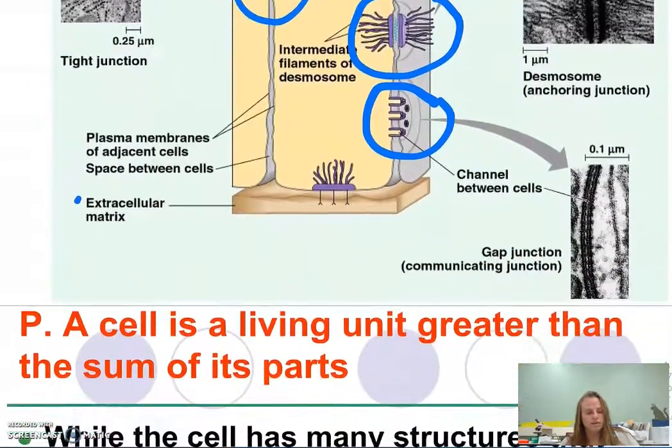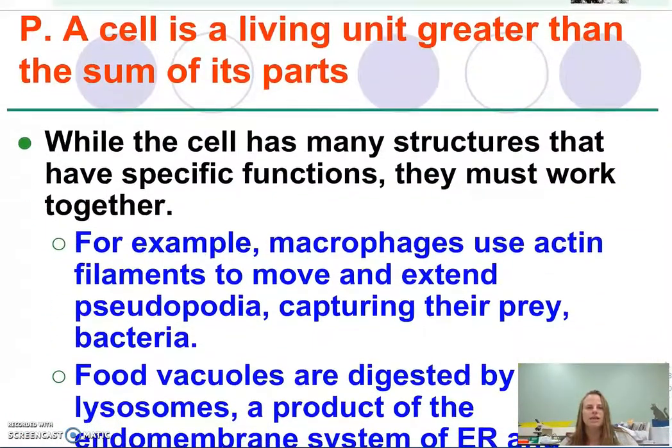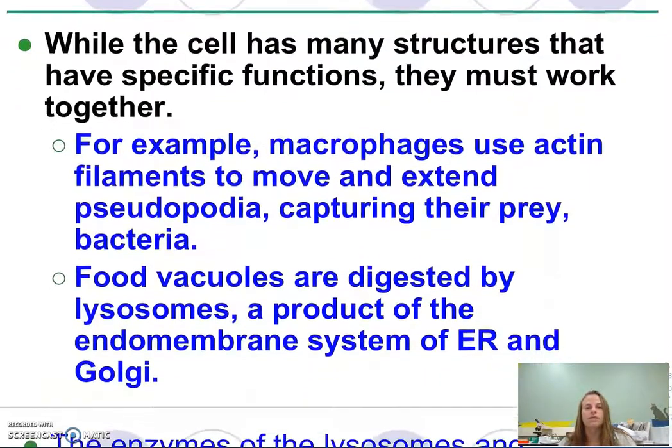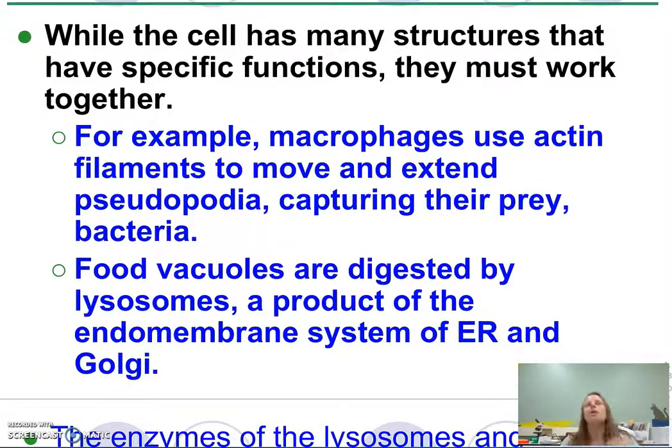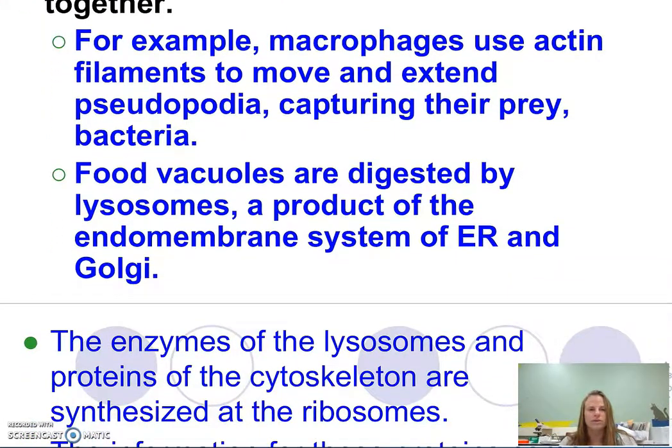The last thing I want to discuss is the fact that a cell is kind of like a mini city. All of the parts within the cell act together in order to keep that cell at homeostasis. So while each organelle has its own little function, they have to work together in order for that cell to be successful. So for example, food vacuoles,